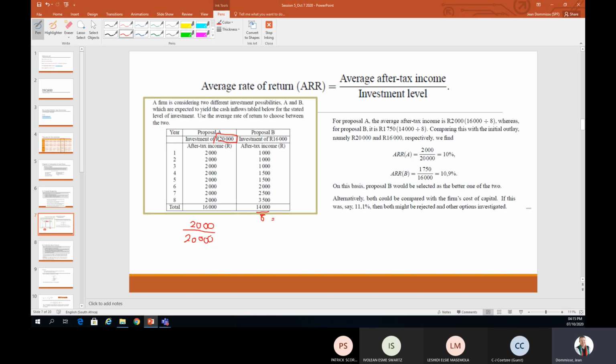So the 14,000 divided by 8 gives me 1,750. And now we can say, okay, but that 1,750 divided by the total investment of 16,000 to give me